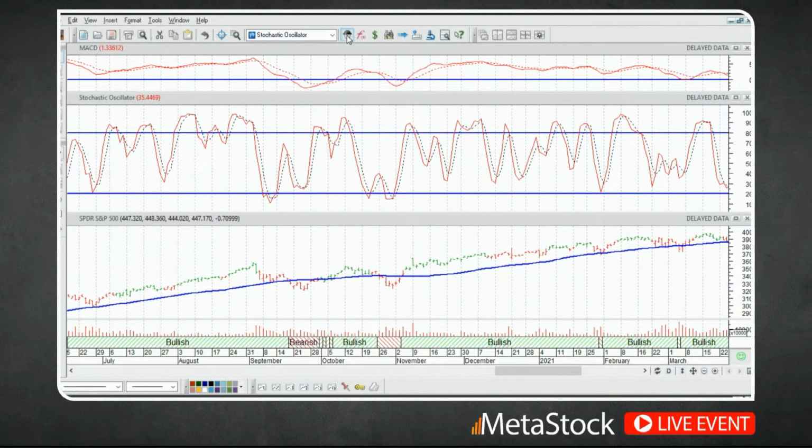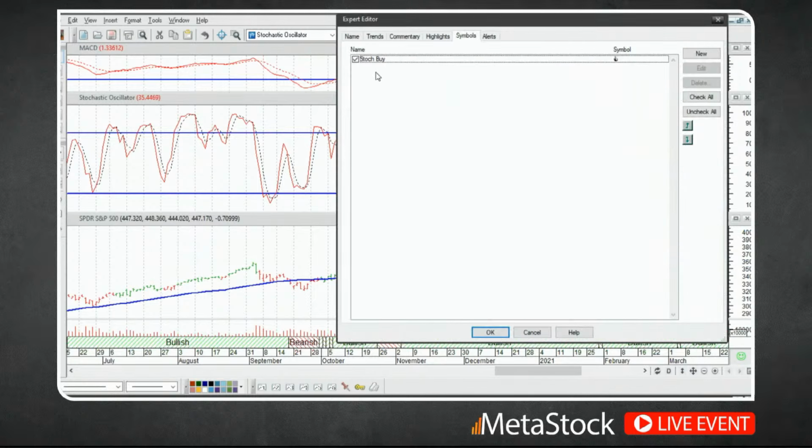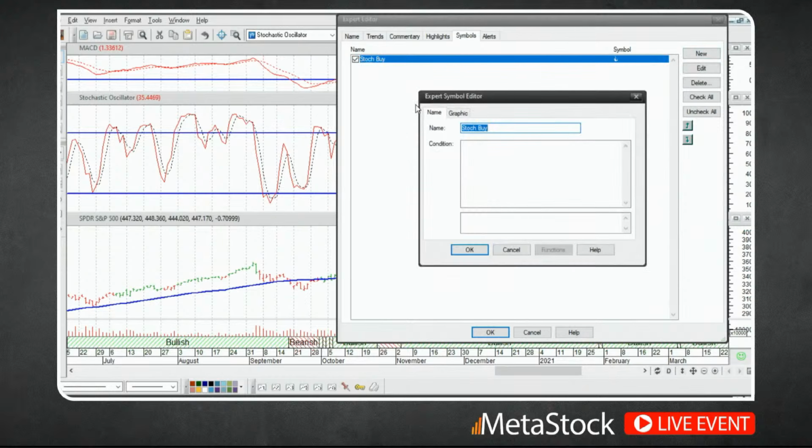So let's go back into our expert here, and I'll open that back up and select this stochastic buy signal, the one that I just started. Now, for this example, instead of just looking to identify if one line is above or below the other, I'm looking for very specific crossing points. I want to identify where that solid line crosses up above that dotted line right there. There's another formula that is really handy to learn when you're working with the different formulas inside of MetaStock.